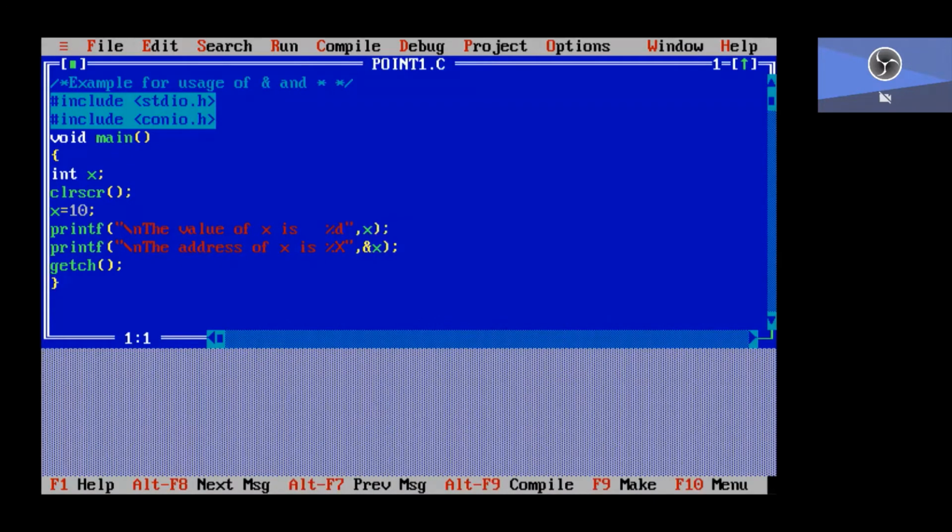Okay, this is the normal way. We directly print the x value as well as its address.